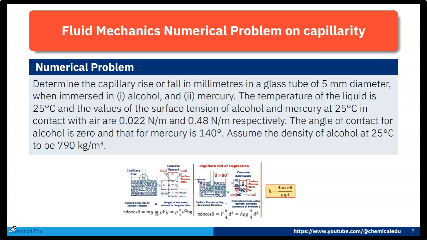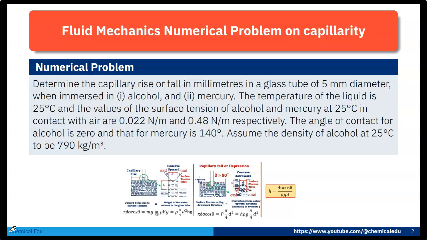Today, I'll solve one fluid mechanics numerical problem on capillarity. Here is the numerical problem. Determine the capillary rise or fall in millimeters in a glass tube of 5 mm diameter when immersed in alcohol